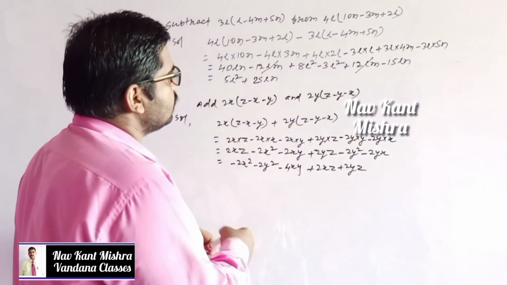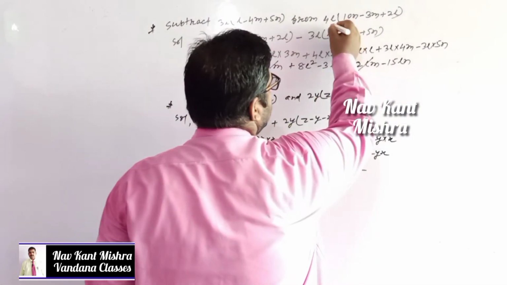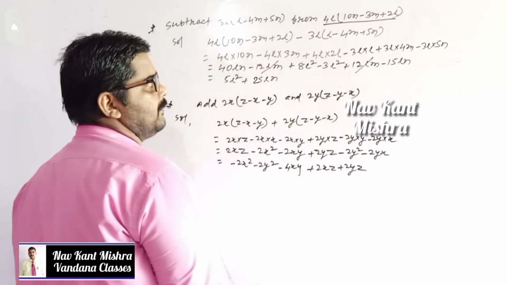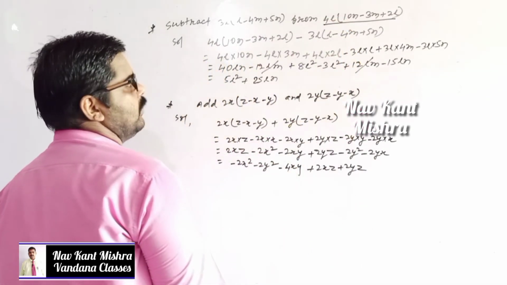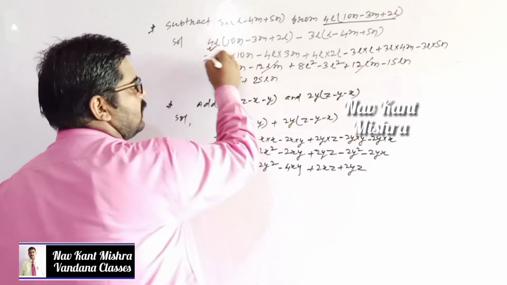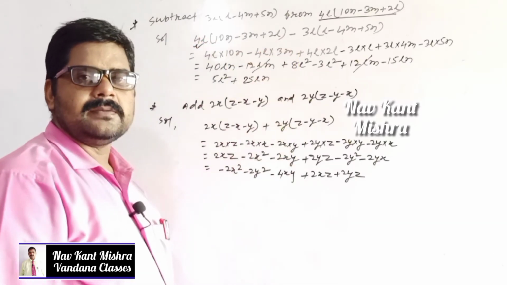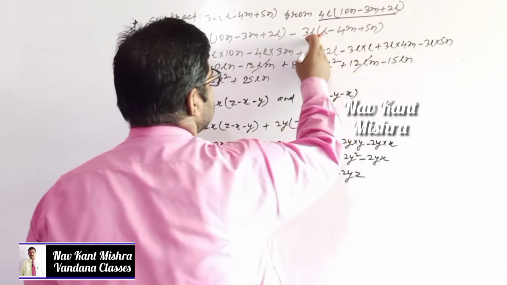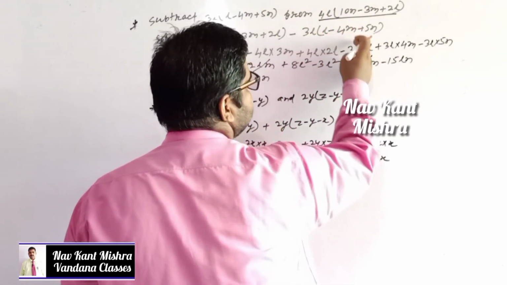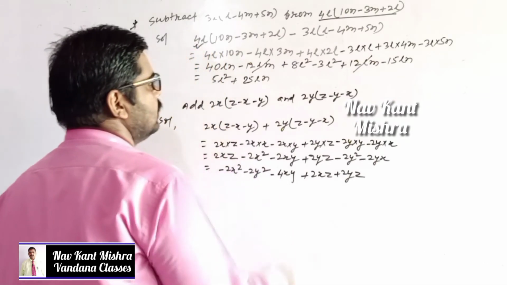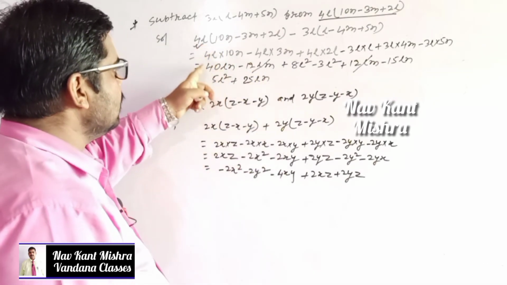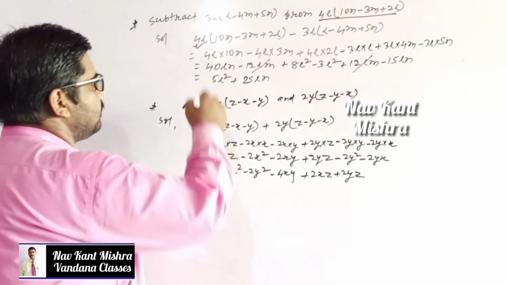In this question, you know very well that you have to write 4l into 10n minus 3m plus 2l first, because it is the expression from which you have to subtract, and what you have to subtract, 3l into l minus 4m plus 5n, and after multiplication you have to simplify it,